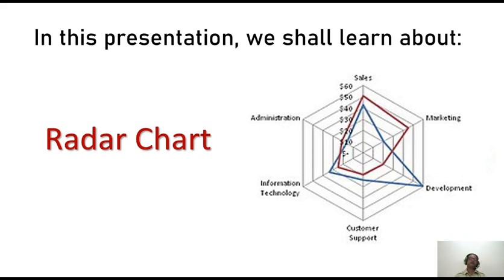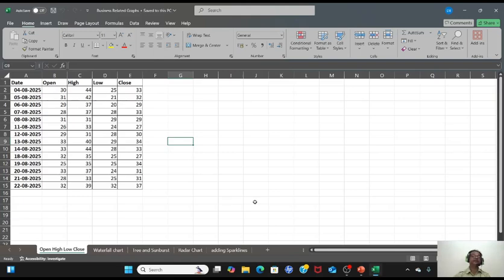To look at the lines and see how similar they are in terms of the figure they have created. So the blue organization is quite different from the red organization because the figures they have created are quite different from each other. So these are different types of charts that we are going to see. And well, friends, let us now come over to Microsoft Excel and see how we can draw these graphs one